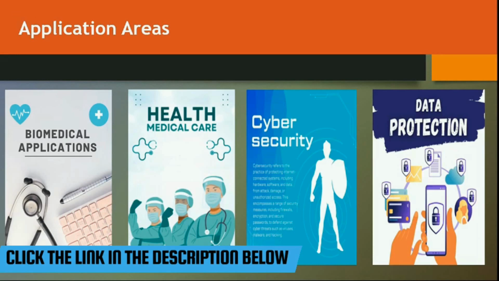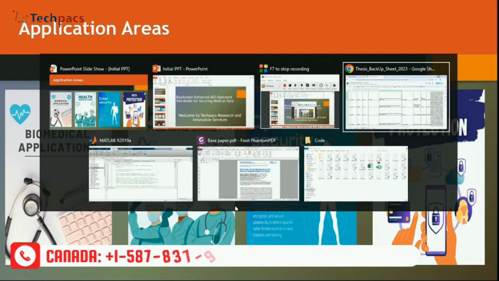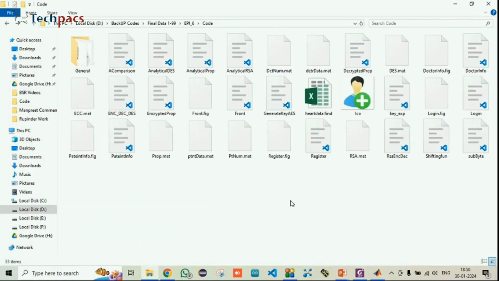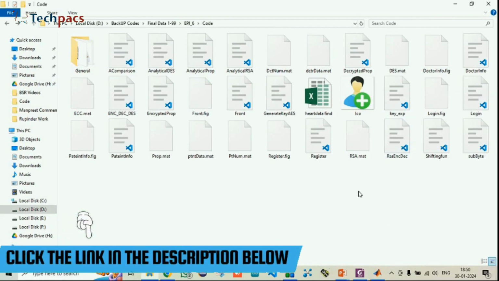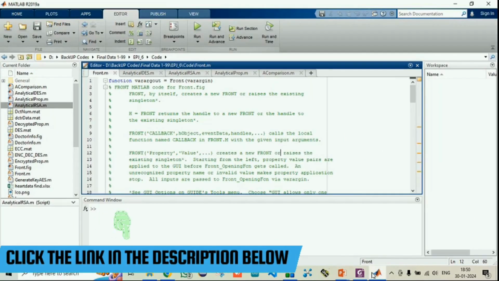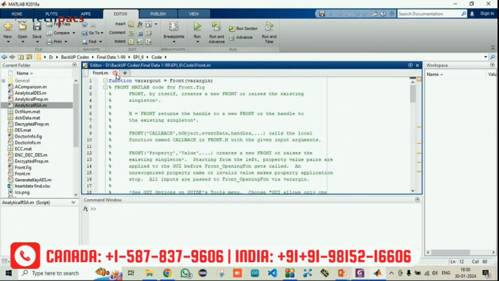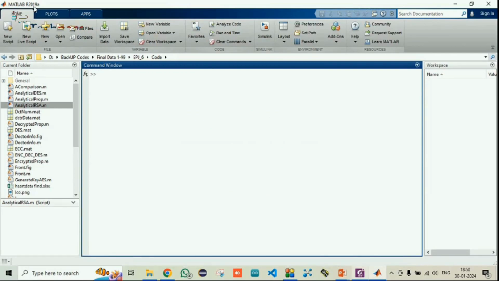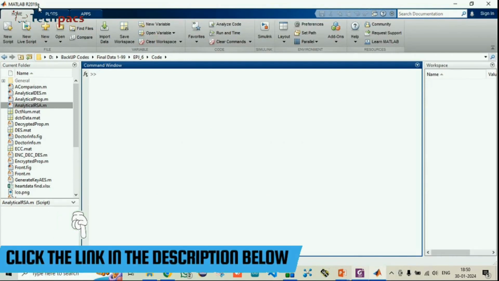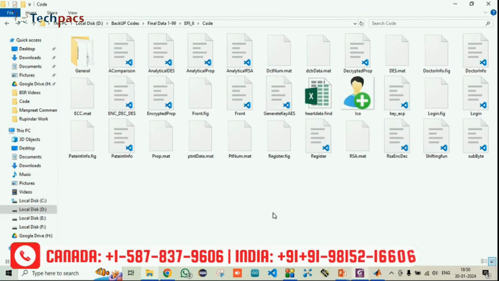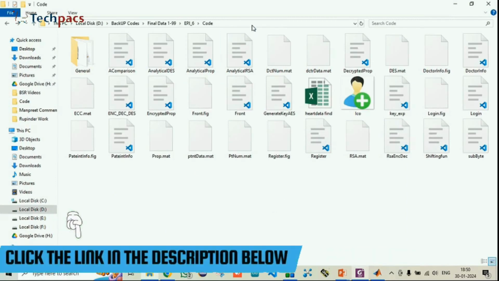So now let's talk about the code that we have designed. We will provide you a folder. This is the folder under which the whole code is there. This is designed in MATLAB, so you need MATLAB software along with you, in which you can run this code. In order to run this code, you must have the MATLAB 2019 version. Even 2018 can also work, but make sure it is the full version of MATLAB, because the trial version will not have all the libraries needed